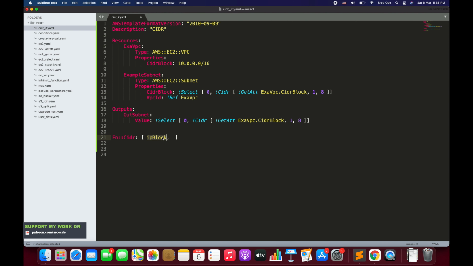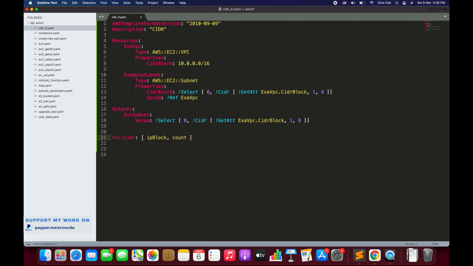Then the second parameter is the count. While we define IP block, we need to specify how many smaller CIDR blocks we want to generate, right? So that's the count. If we define one, then it will generate one CIDR block address.